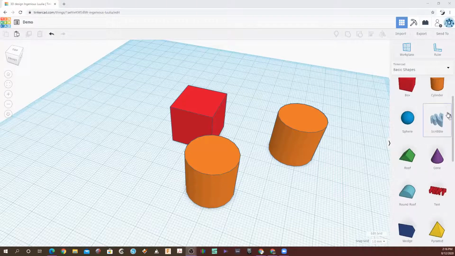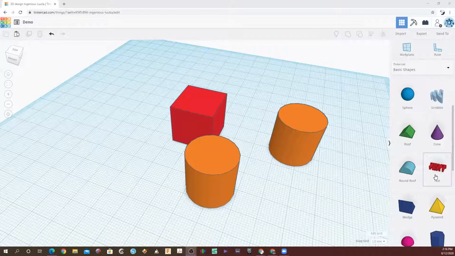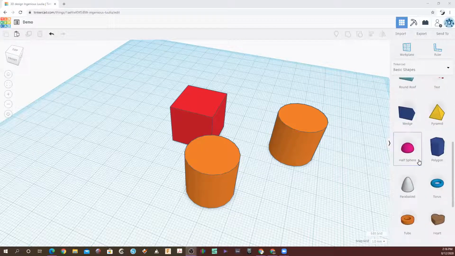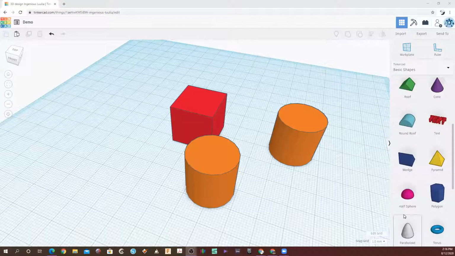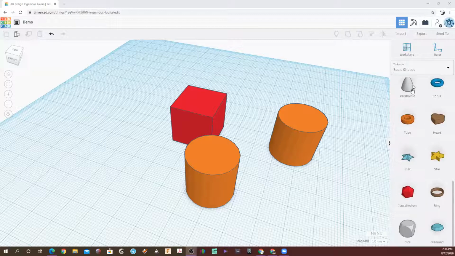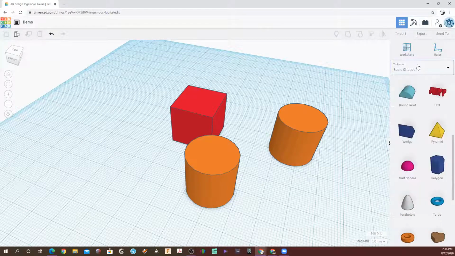So we have some special ones where you can draw freehand. We have text that you can add in your own words or your own symbols or different things like that, mainly text or names or whatever. You can do a lot with it though. But then also we have some other different shapes here too. So it depends on what you're after, what we're trying to make. And then if you drop down this too,